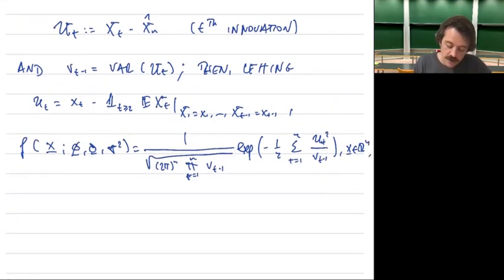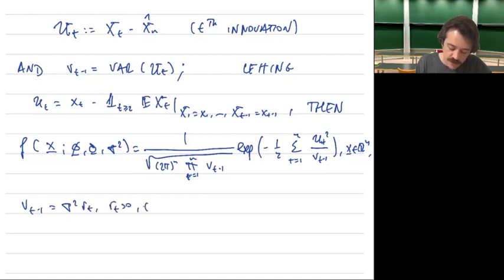So actually, let me just write this so that it sounds better. Letting this, then we have three things. We have also that v_{t-1} can be written as sigma squared times r_t for some r_t strictly positive, and for all these, r_t and u_t, both of them only depend